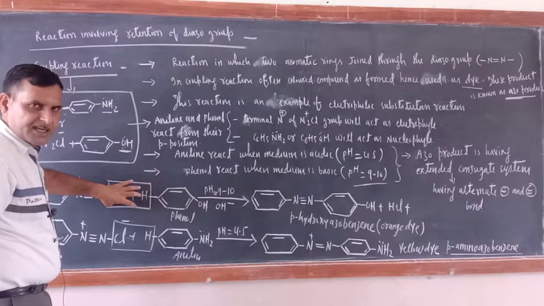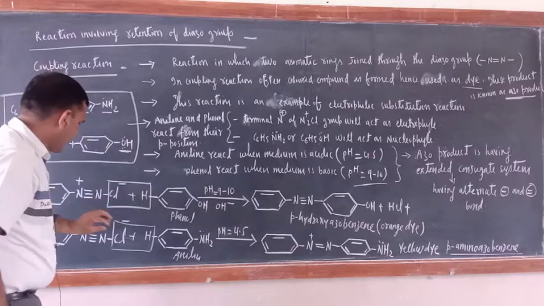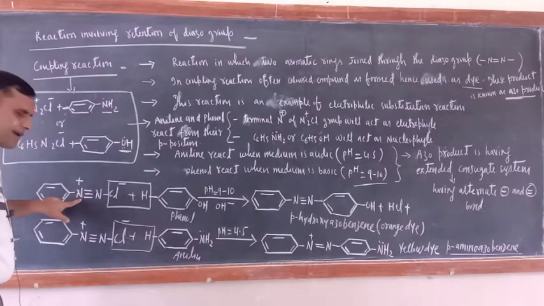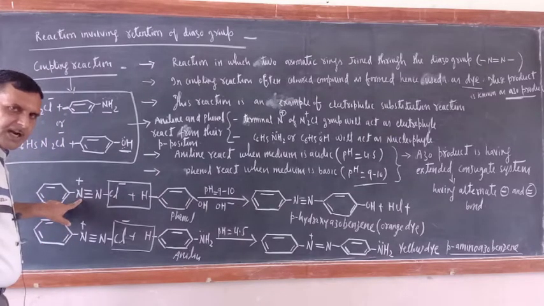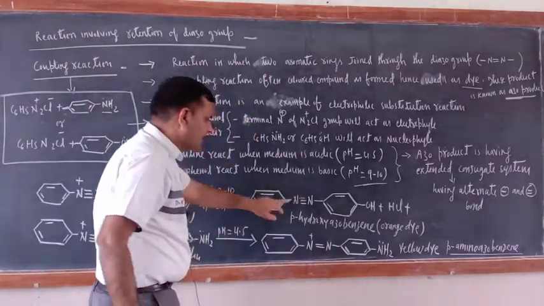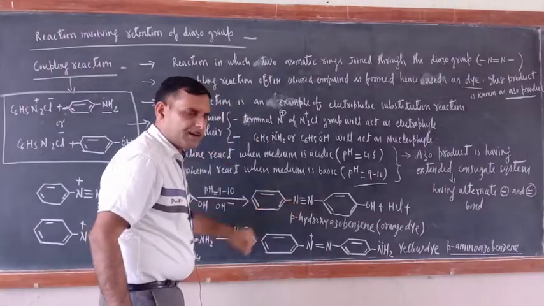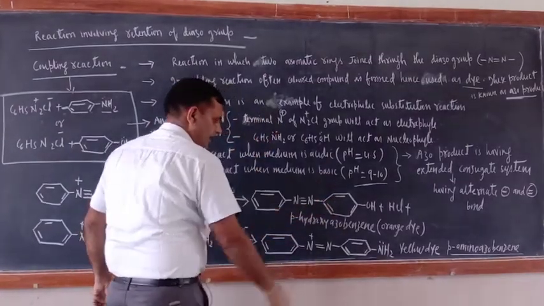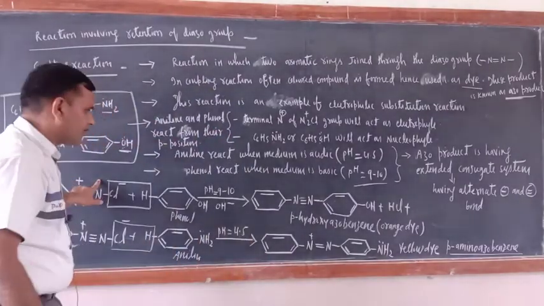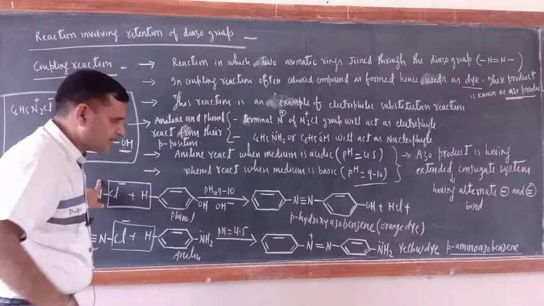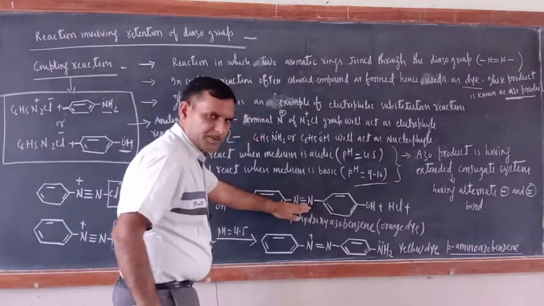Just replace HCl from here, and the rest of the things should be joined. Only one difference would be there. When benzene diazonium chloride starts the reaction, N triple bond N is there, and N has a positive charge. But when both benzene rings combine, then N double bond N would be there. Why? Because a benzene ring has joined in place of this one. So now one bond of this triple bond will be abolished, and here two bonds would be there, just remember.